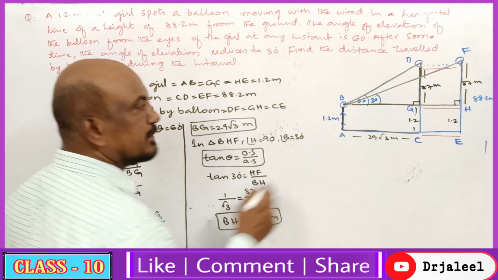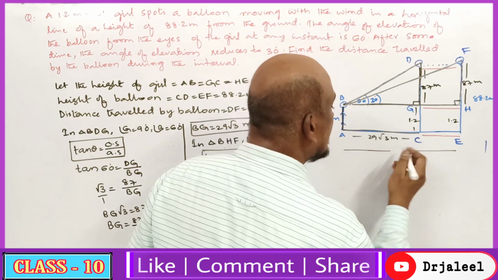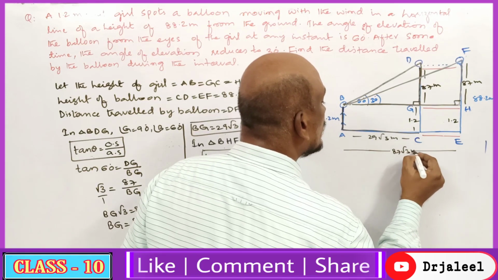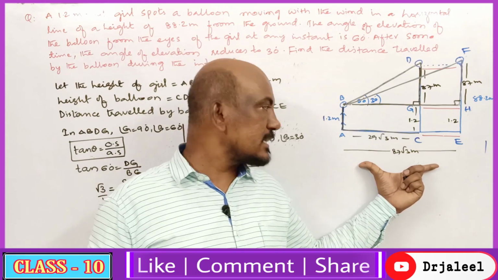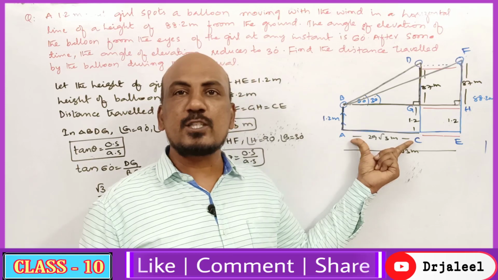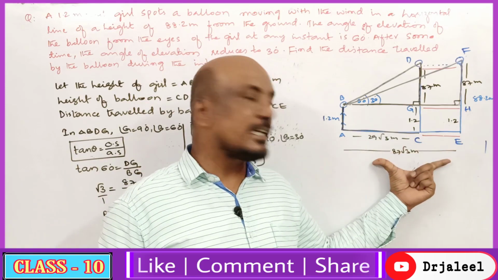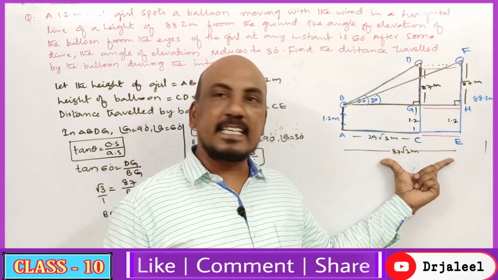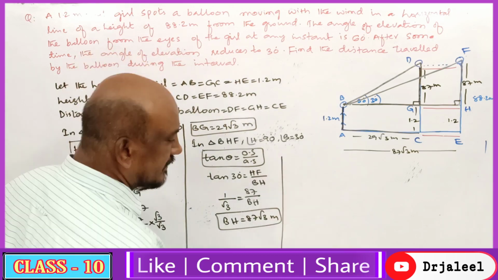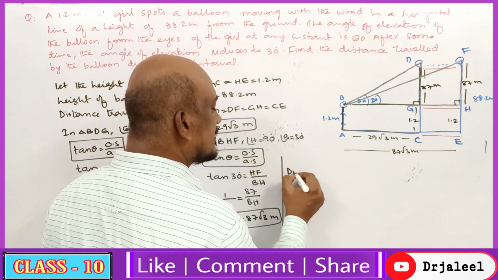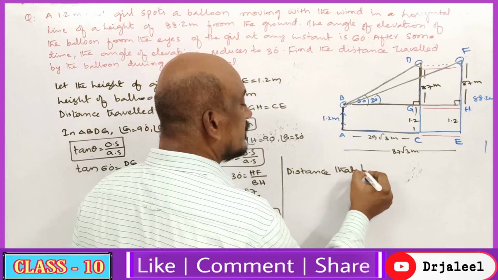So we got BH. BH is nothing but the total distance. From here to here, how much is it? 87 root 3 meters. So children, the whole distance is 87 root 3 meters, and this distance is 29 root 3 meters. So what is the distance that the balloon traveled? Total distance minus this distance, that is 87 root 3 minus 29 root 3. You will get the answer. Let me write it here. Distance that the balloon traveled